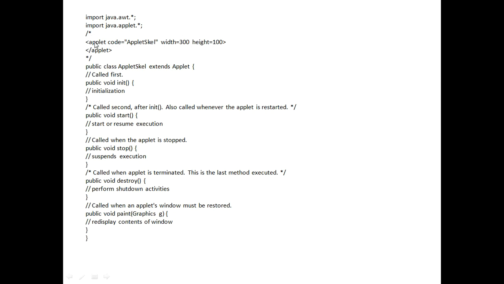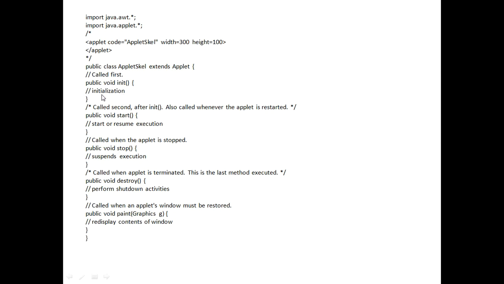So this is one separate file you need to maintain with the extension .html. Then public class, name of the class, it's AppletSkeleton, extends Applet, as I told, it should be a subclass of the superclass called Applet. Then the opening brace. So the five methods in total we have included within this skeleton. One is init.